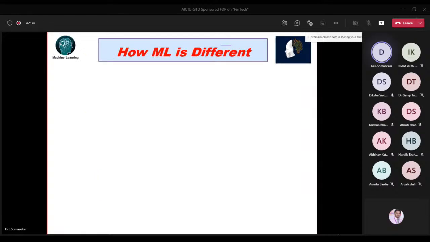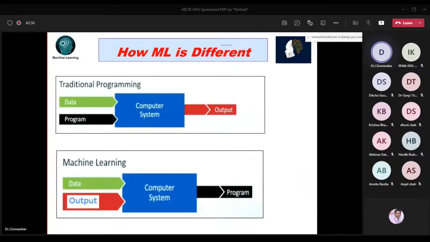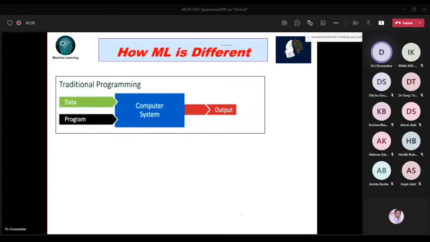So now, how is machine learning different from traditional programming? In traditional programming, suppose I have to find the sum of two numbers. I hope most of you know C programming. Let us assume C equal to A plus B. So this is the equation. First we have to write a program, in C or C++, whatever it may be: declare variables, main function, take values from the keyboard, evaluate, and print the C value like that.